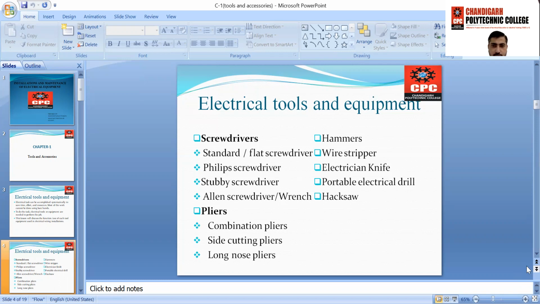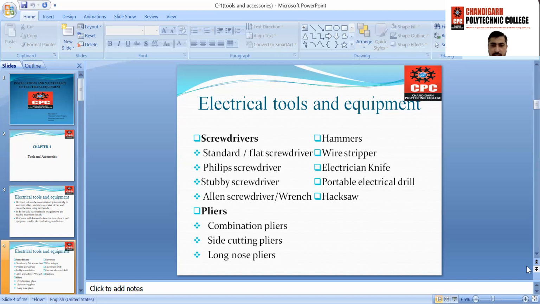Second kind is Phillips, with a long shaft and small head. Next is the stubby screwdriver, and then the Allen or wrench type screwdriver.